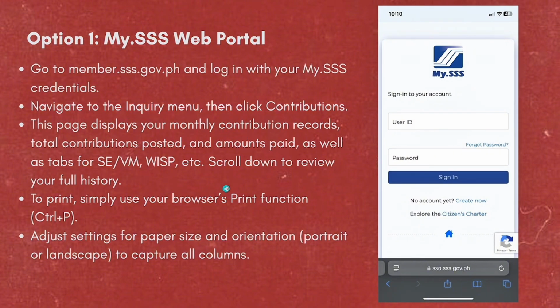So from here, you just have to navigate to the inquiry menu, then click contributions. This page displays your monthly contribution records, total contribution posted, and amounts paid, as well as tabs for SE or the VM, or even the WISP and etc. So you just have to scroll down to review your full history,